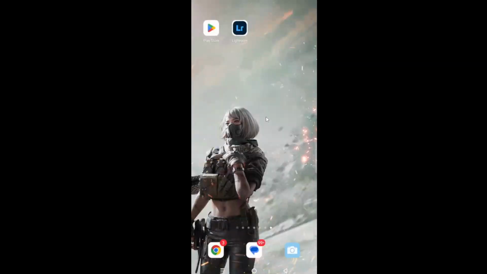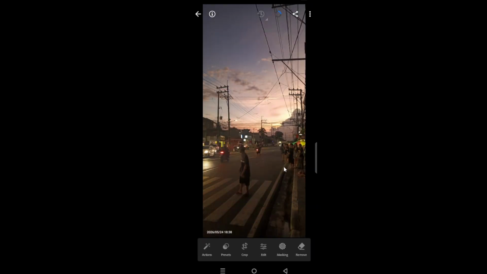If you see a sign-in screen, go ahead and log in so your settings sync correctly. Once you're in, choose any photo from your library. It doesn't matter which one, you're just using it as a canvas to access the presets panel and preview how your new looks will apply.